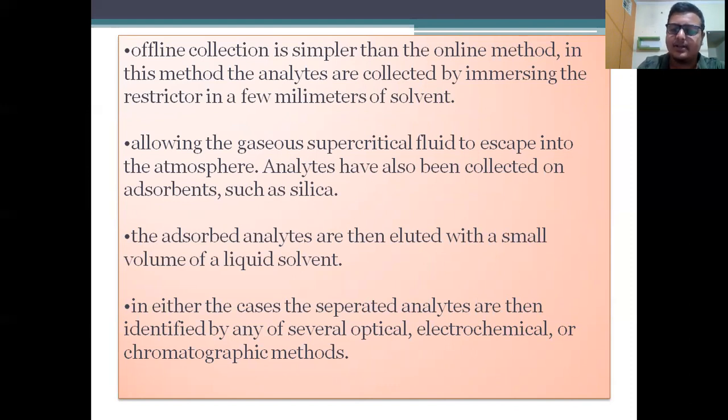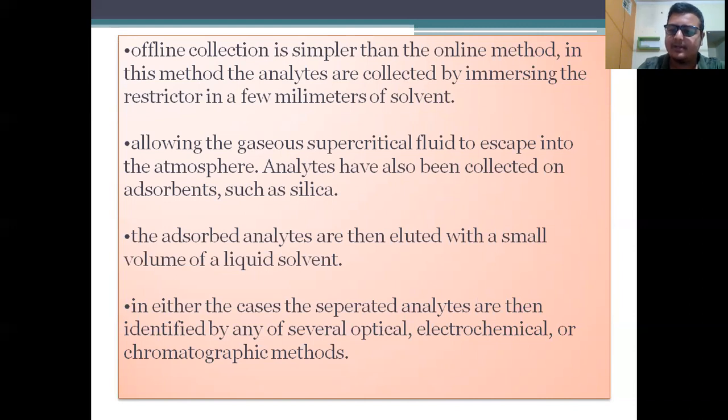The adsorbed analytes are then eluted with a small volume of liquid solvent. In order to elute the various components present, we use a small volume of liquid solvents. And then at last,